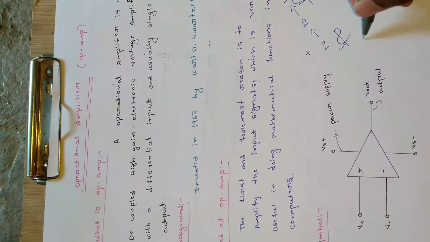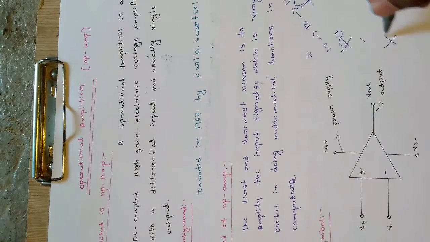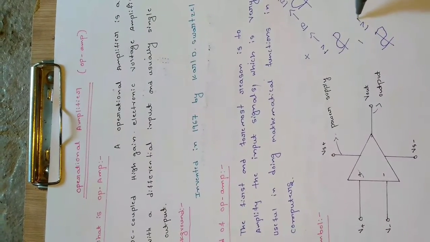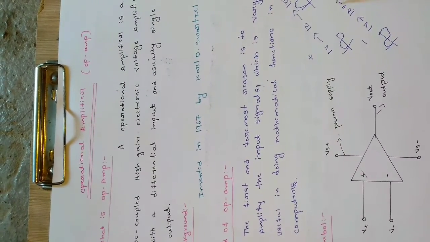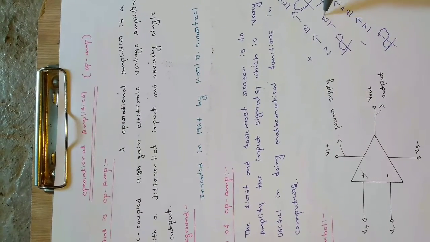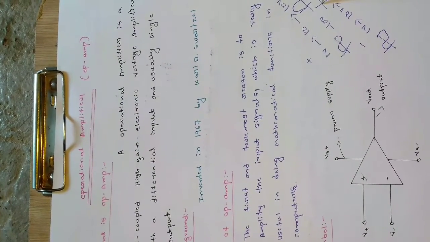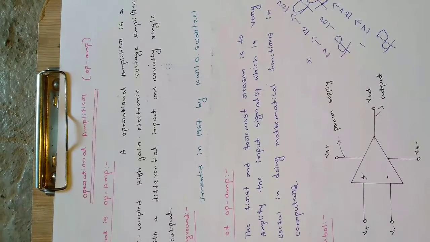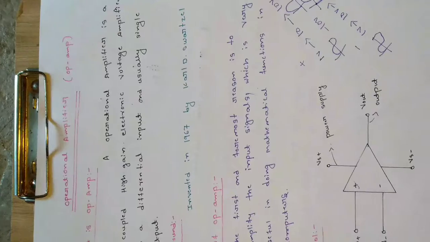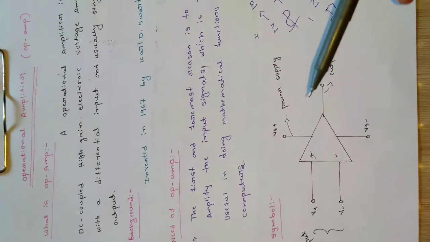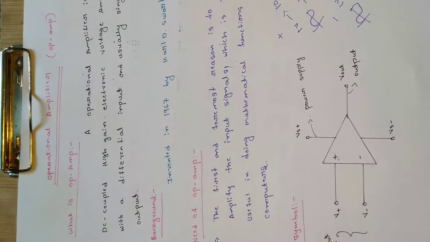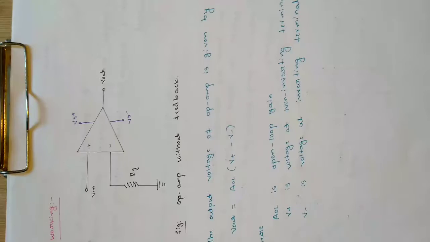So in case of the negative terminal, if you give input like this for the same conditions, that is 1 volt, and if the gain is 10, then the output will be minus 10 volt, because we have given the input to the inverting terminal. So the output will be out of phase by 180 degrees. So if it is positive, then it will be negative, and if negative, then positive. So like this, there is a difference if you give the input to the positive terminal or the negative terminal. So this is the non-inverting terminal and this is the inverting terminal here.